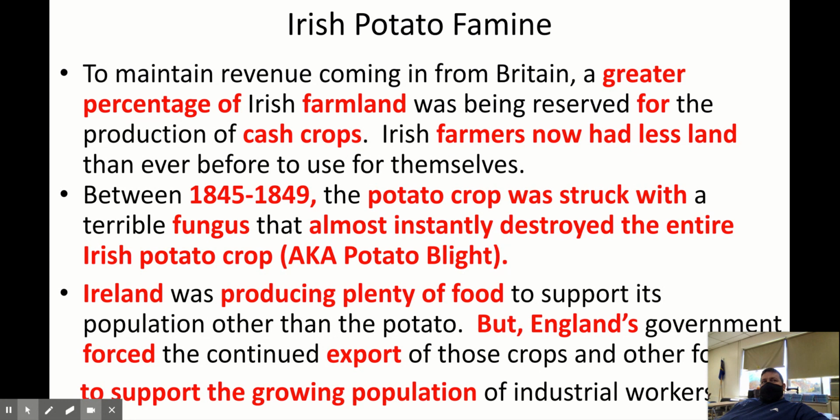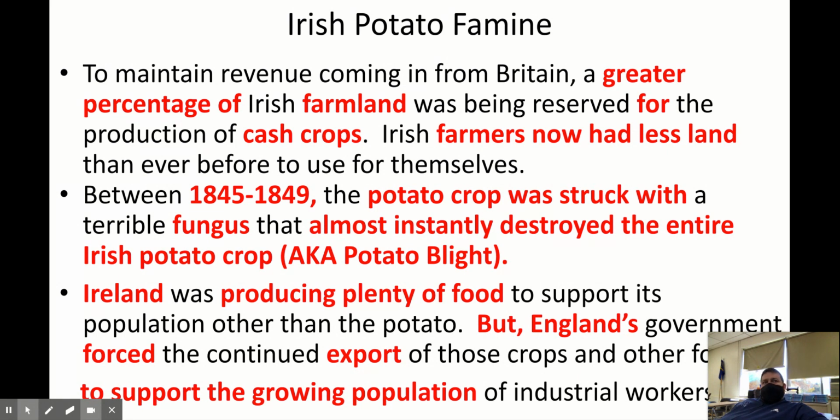Now, on the land that the Irish are using for themselves, they're growing potatoes. Potatoes are a great thing to grow, especially in this part of the world, because they're very, very durable. You can grow them in an inch of soil. It doesn't necessarily have to be particularly nutritious soil, and they can kind of weather a lot of poor climate and things like that. So they're a very sturdy and resilient crop. On the rest of the farmland, they're not growing potatoes, they're growing wheat and barley and things like that,